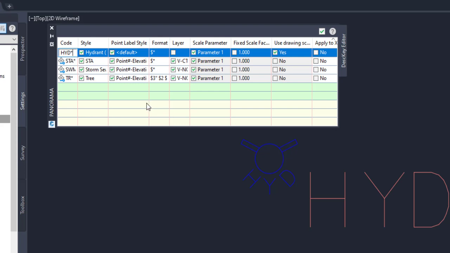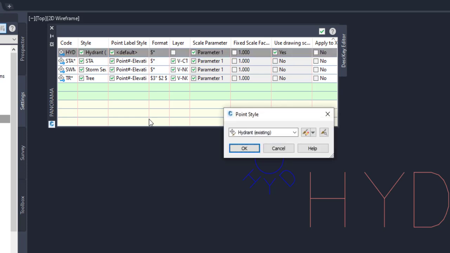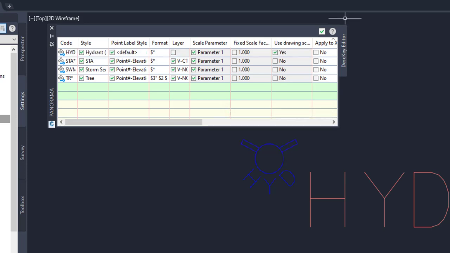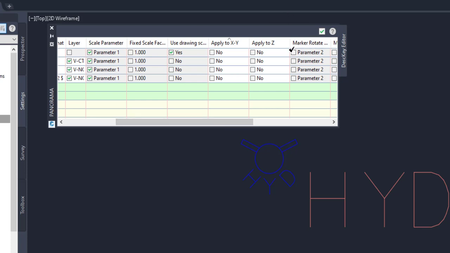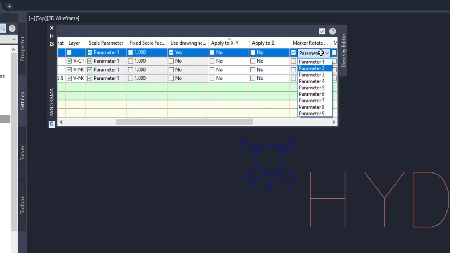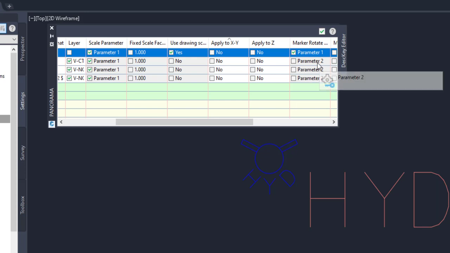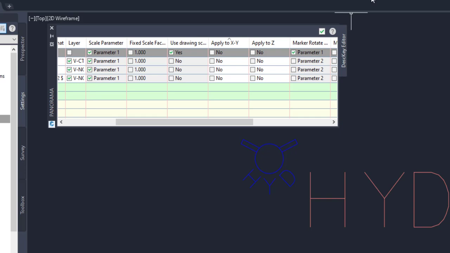So in that row, I'm going to scroll over to the right and I'm going to select... So we're going to scroll over to the right and we're looking for marker rotate. That's our top row. We're going to check that and we're going to set that to parameter 1 in our drop down list. Alright, and then we'll close out the dialog box by clicking on the green check mark in the upper right